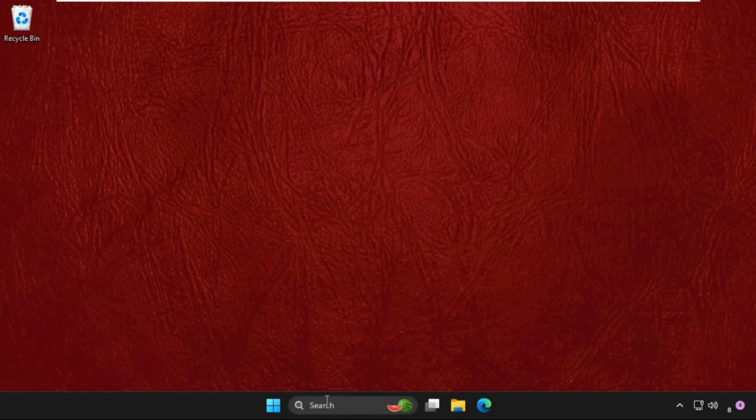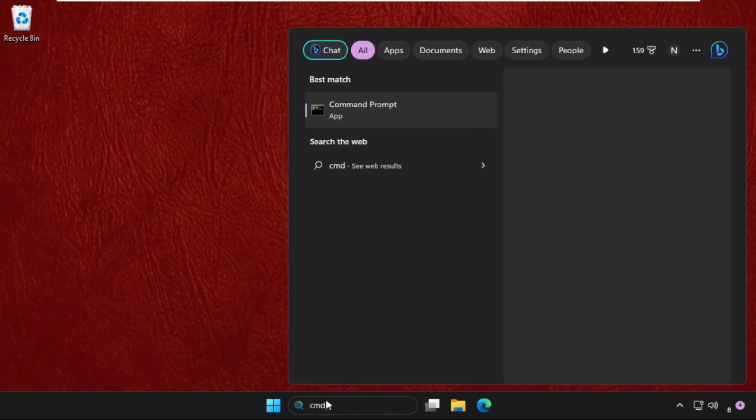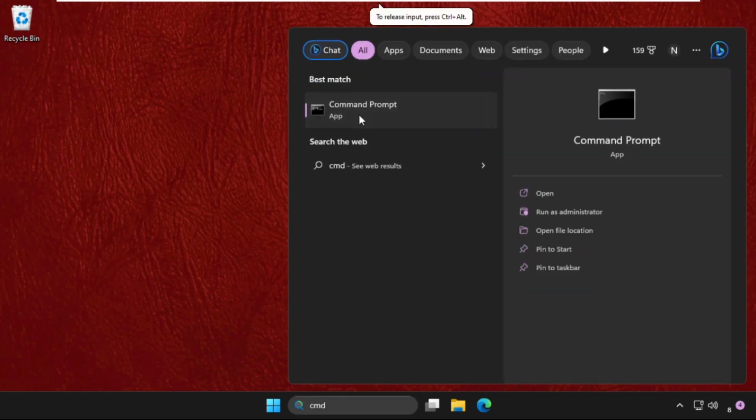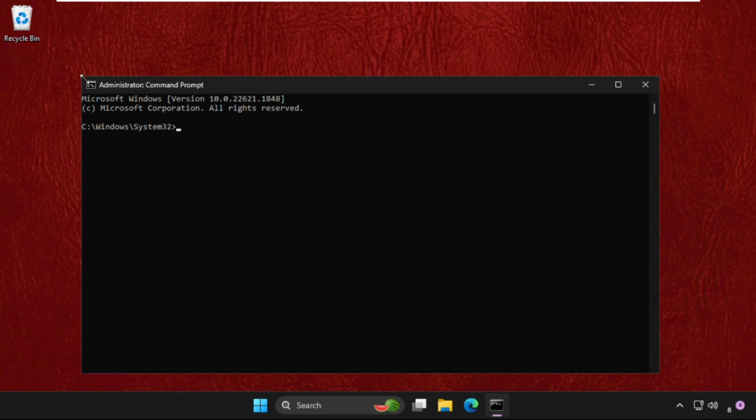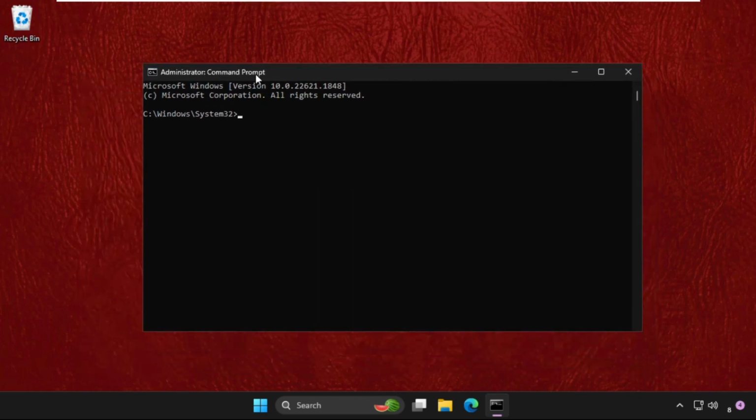Now go to search bar, type here cmd, right click here and go to run as administrator. Once we are here, we need to execute some commands, so type these commands carefully and simply hit enter to execute them. Type in net space localgroup